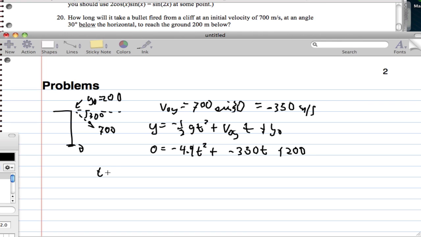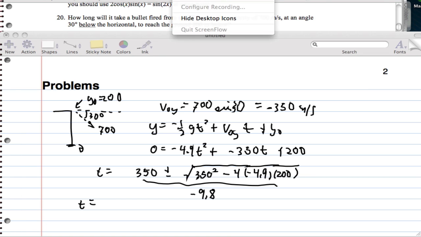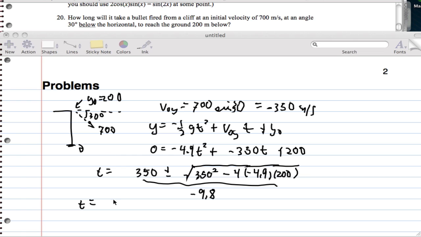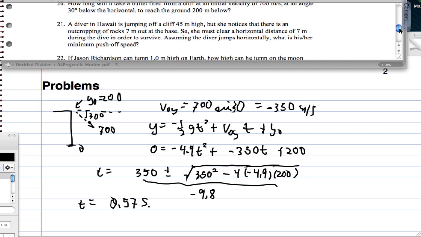Now we use the quadratic formula, so t equals negative b plus or minus the square root of b squared minus 4ac, all over 2a. And so when we solve this, we're going to get a time equal to, of course, 0.57 seconds. There's a negative answer that we get, but we throw that out because it's a nonsensical answer. Now, number 21, we have a diver